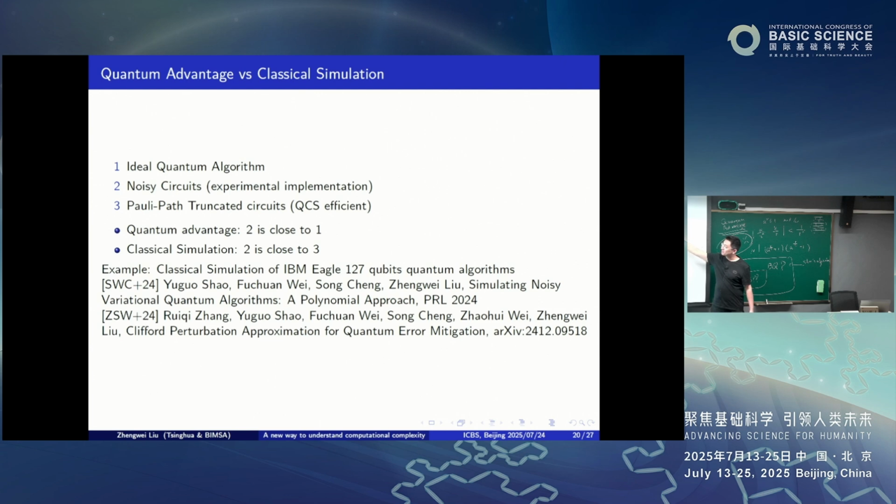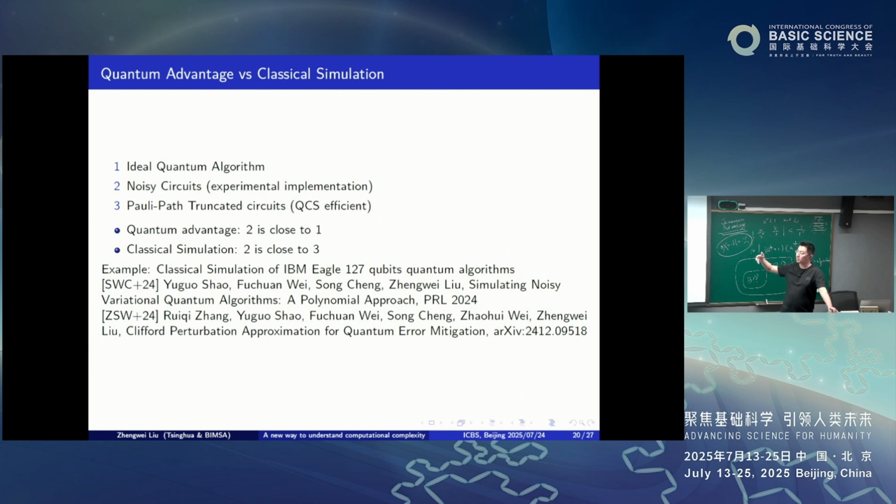And then we have another method to simulate not just circuits, but those noisy circuits, called Pauli path, like a path integral of those. Just like we have Pauli word decomposition of circuits with noise, and then take the path integral of that. And for this integration, the interesting part is when the Pauli word has a small number of terms, we can compute that one by one by our classical simulation method. Every single term we can compute.